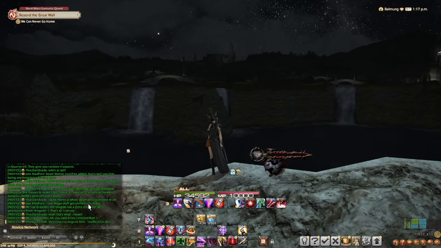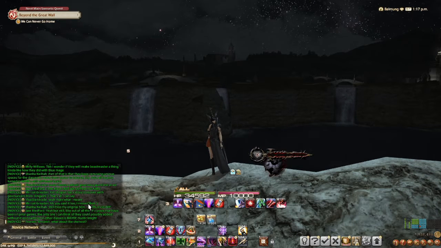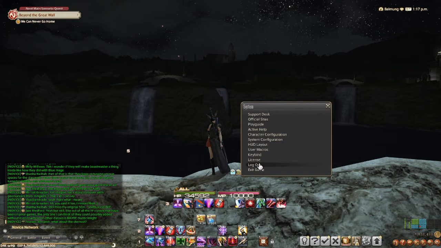And we're going to use my UI here as a base. I'm just going to basically show you guys how I have everything set up, and then I'm going to go over a few macros that you can use to make your UI even sexier and more convenient for you to use. So first off, let's go over what I haven't changed, and if we go into the HUD layout here,